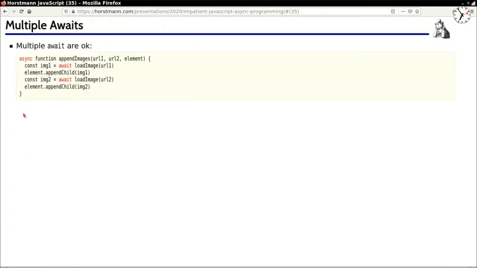I'll just do this code here. So here, this thing generates a promise. This thing generates a promise. When I call append images with 2 URLs and an element to append them to, the call to append images returns instantly and immediately. And what it does is it returns with a promise that is being carefully built up to do the following,